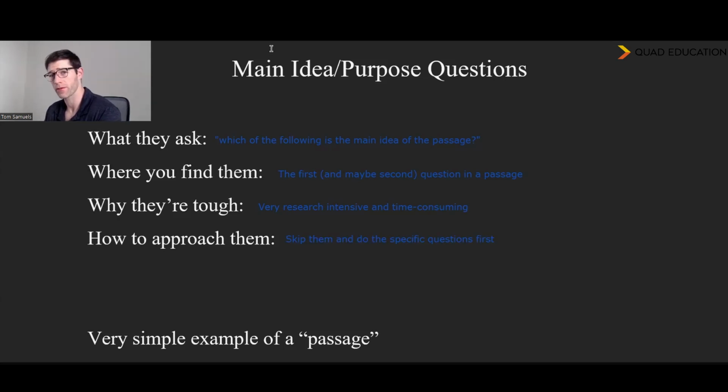And so moving on to application of this principle, it's a little difficult to demonstrate this do it last principle in a short video like this because I'm not going to have you do 6 other questions before we even talk about one of these. So that's going to be something you have to do on your own in your own time practicing. But instead, we're just going to have to practice this summarizing exercise with shorter passages.